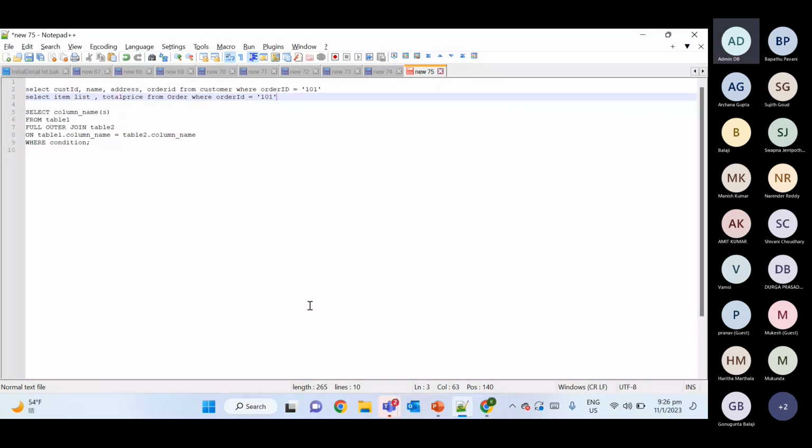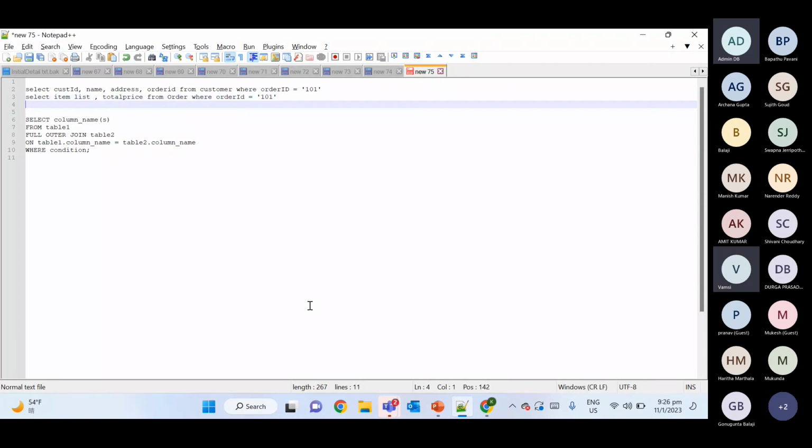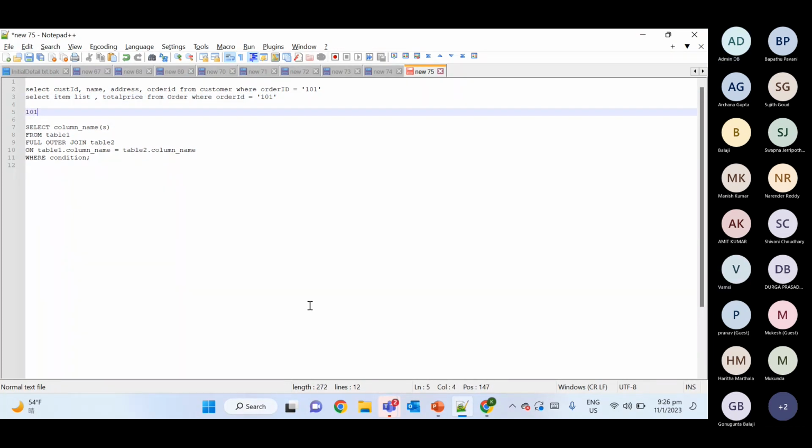So we are writing these two queries and we are getting all those results. We are getting order ID 101,